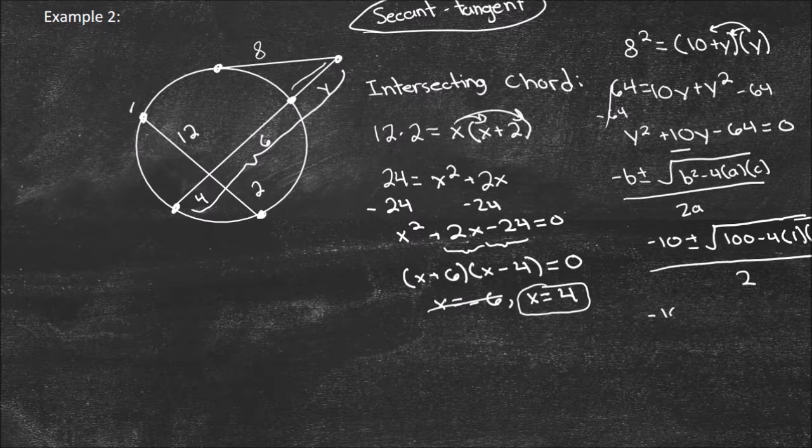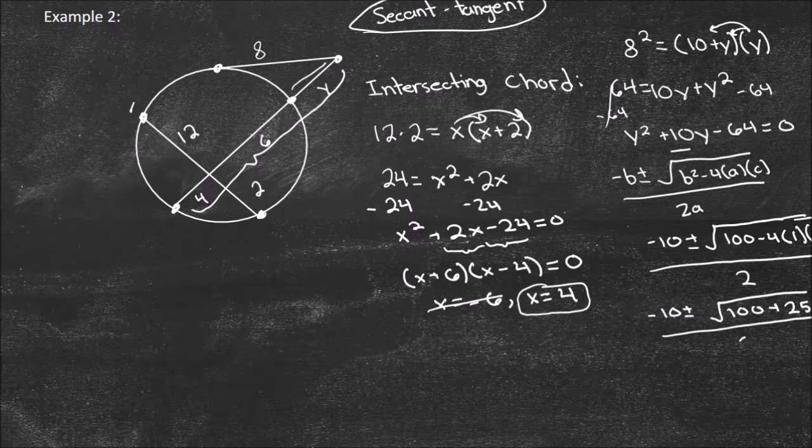So I'm going to get negative 10 plus or minus square root of 100 minus 4 times negative 64, and that's going to be obviously positive because it's a negative times a negative. And then we have, what's 4 times 64? Well, 2 times 64 is 128, and then that times 2 gives you 256. So it's going to be plus 256